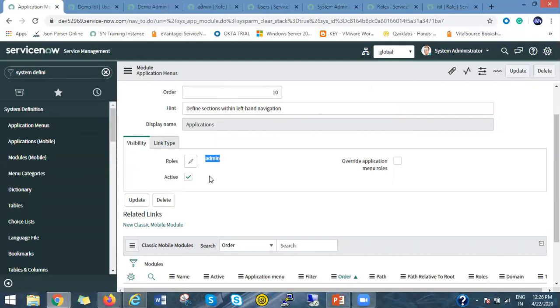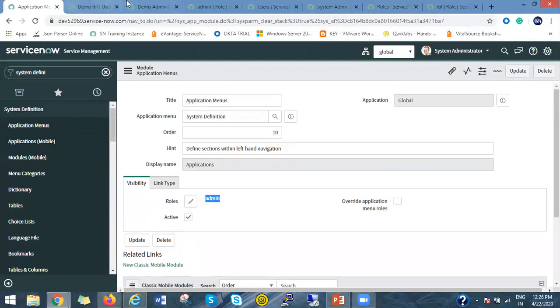That means users who have the admin role, only those users can see this application menu module inside the system definition application menu. So with the help of roles, you can control the visibility of your application menu and your module inside the ServiceNow platform, or inside the ServiceNow application navigator. So this is one importance of roles inside ServiceNow.